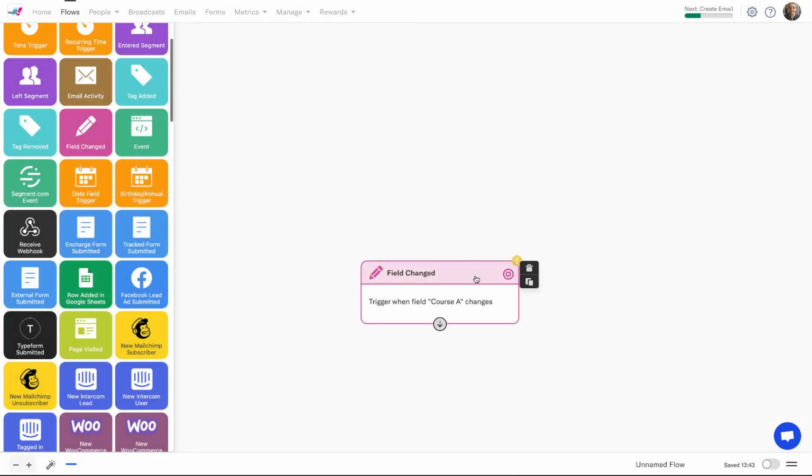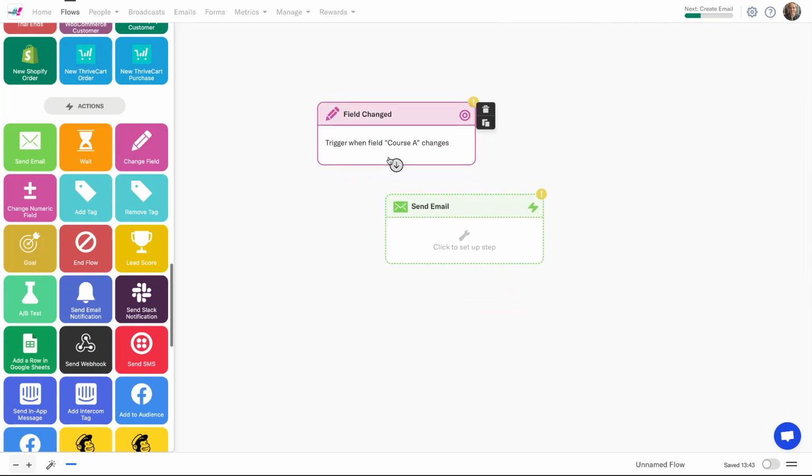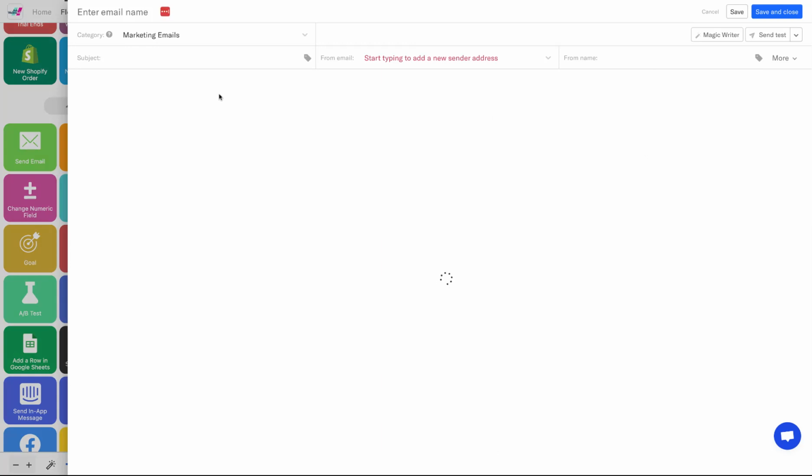and we hit save. And then we do the next step, which is sending a welcome email, for example. So then we drag on send email onto here and we click on the little arrow to connect it. So when the Course A field changes, we're going to send an email. And we click here to set it up. And we can select an email if you previously set it up, but you can also simply create a new email right here. And then, of course, you have to put a subject line, welcome